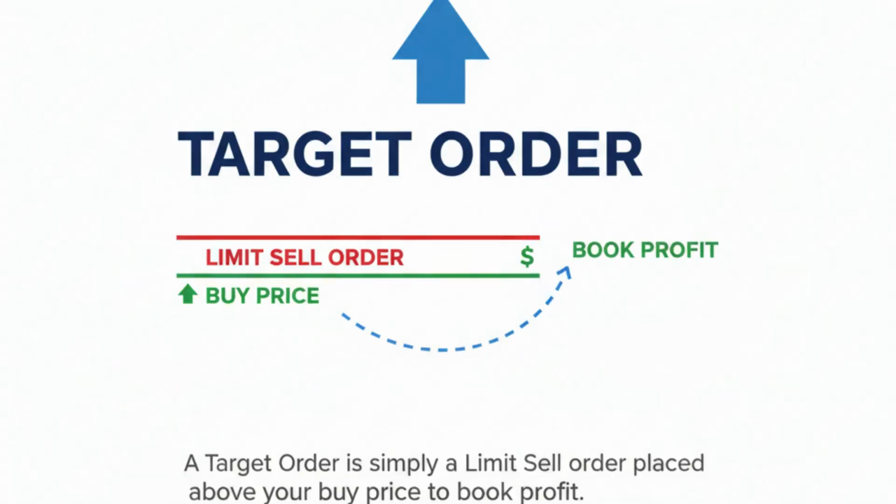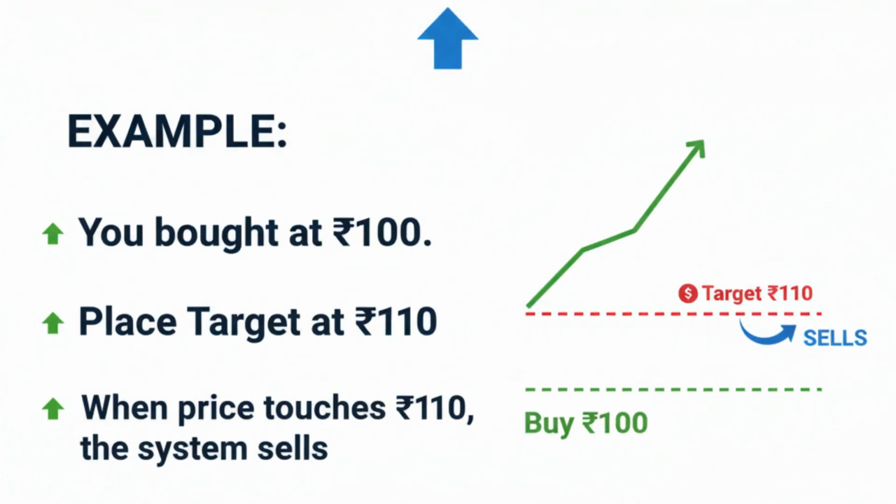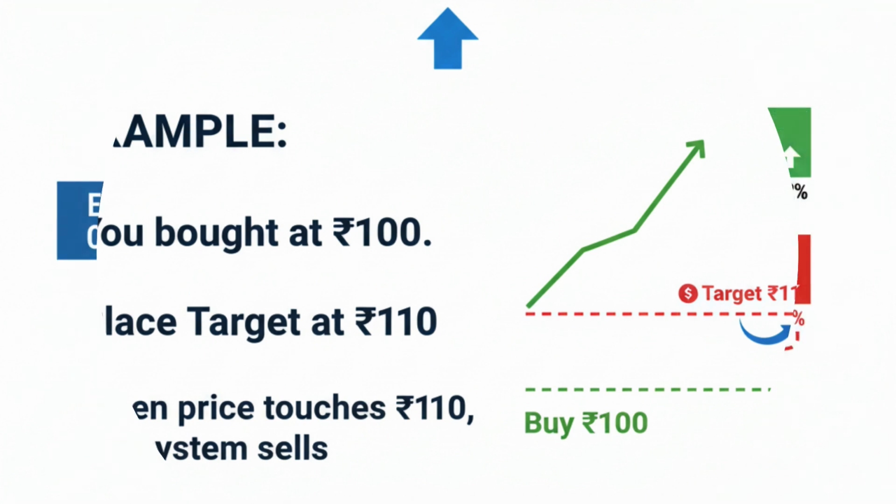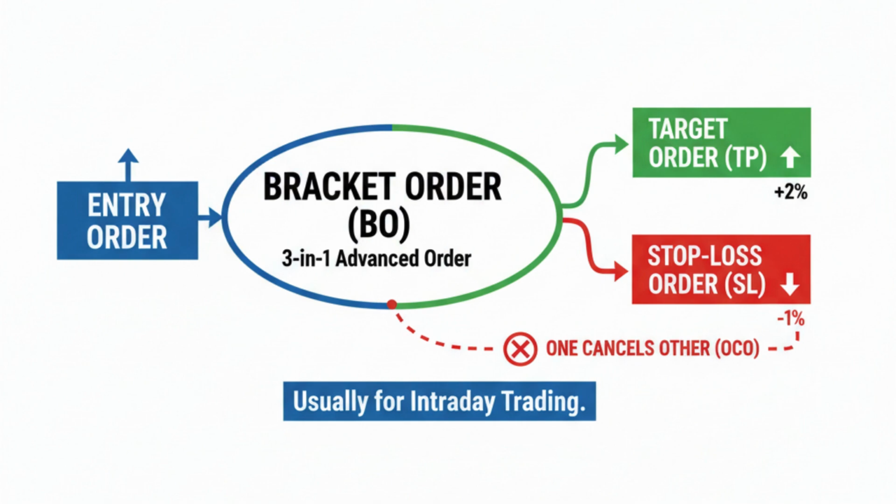Target order. A target order is simply a limit sell order placed above your buy price to book profit. Example: you bought at 100 rupees. Place target at 110 rupees. When price touches 110 rupees, the system sells. Bracket order, BO. A bracket order is a 3-in-1 advanced order containing entry order, target order, stop loss order. When one of the exit orders, target or SL, executes, the other automatically gets cancelled,